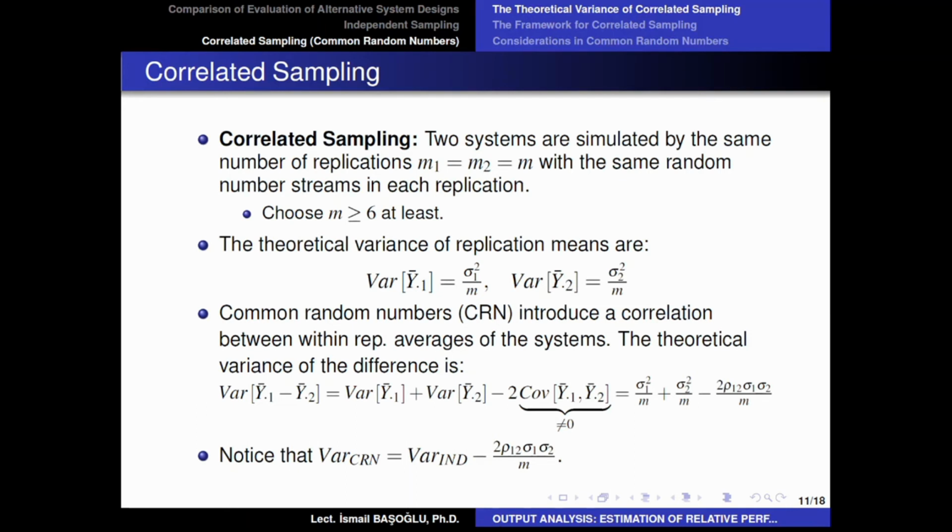Therefore, that result is going to be more reliable. But the condition for that is to have a positive correlation. You know, there may be negative correlations as well. If the results of the two systems are positively correlated, and usually they are, for example, when you get a larger interarrival time, then the expected Q times are going to be less, right? If the interarrival times are larger, then the Q times are going to be less.